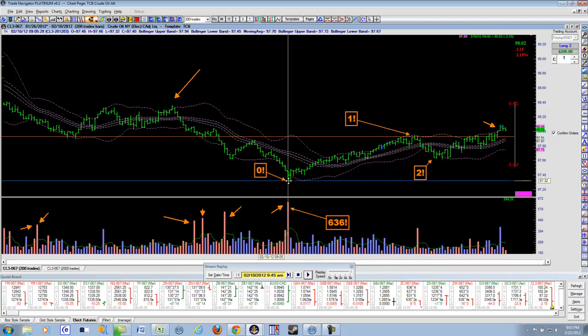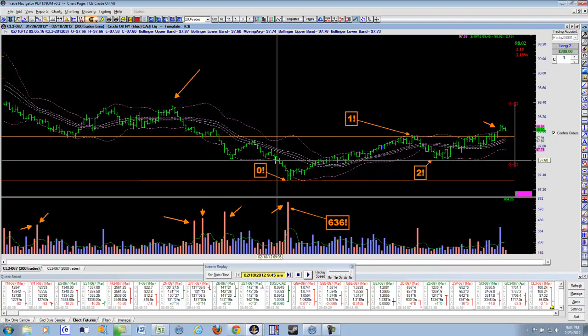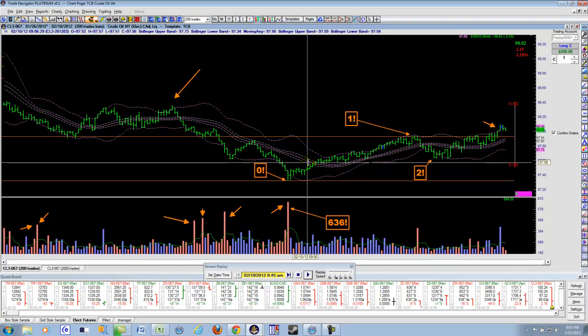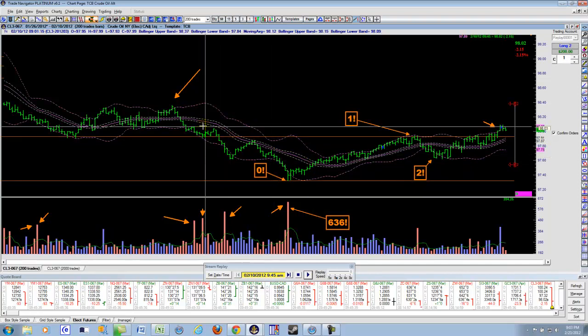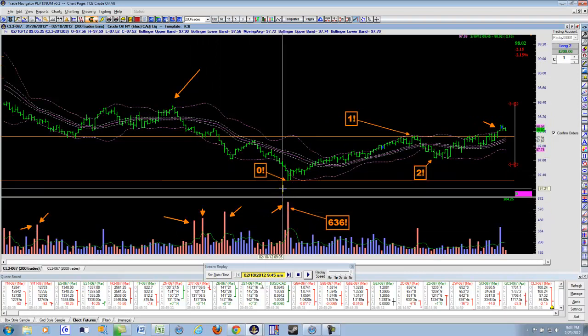Now they're long at this point from here going into here, and they're averaging in this area, right in this area, and they're long and they're buying. So I'm hoping that makes some kind of sense, because this is what the traders are doing. There's a lot of value here at this mark here.